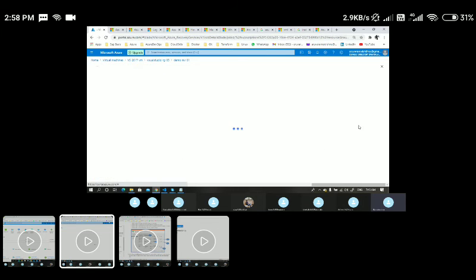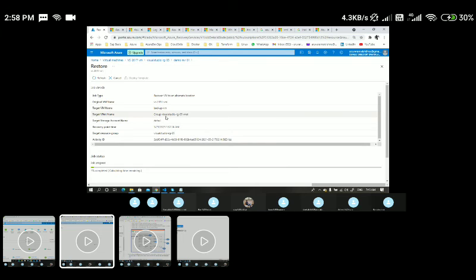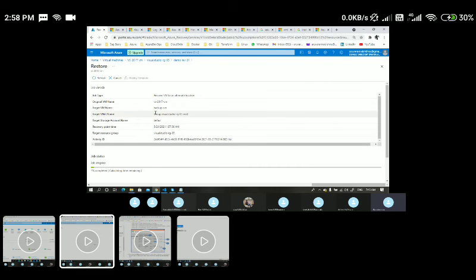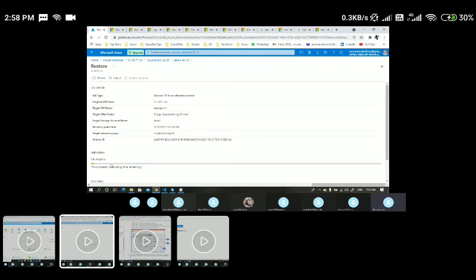If you wanted to see the details, here you could see. And this particular status is in progress now. It is calculating the remaining time, only 1% is completed. It will use that particular snapshot and create a brand new VM with similar configurations. If you wanted to monitor the status, you can monitor from here.